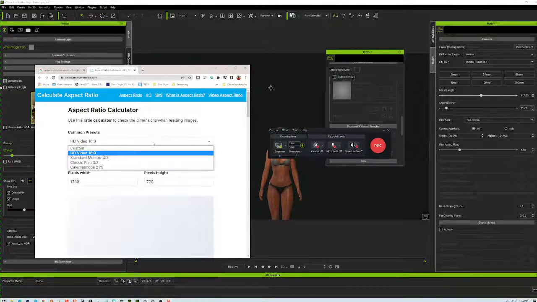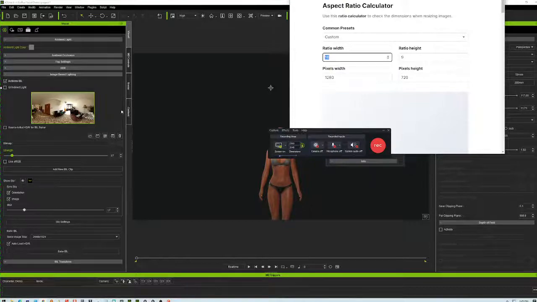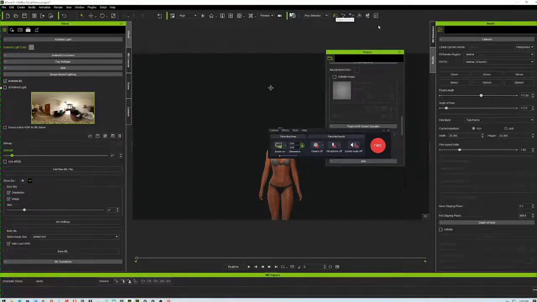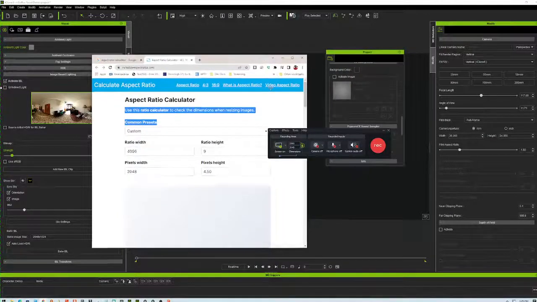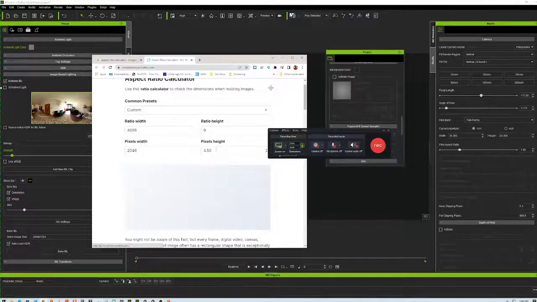So custom, and we're looking for 4096 by 2048. That's not helping. This is a bad calculator. It's giving me the aspect ratio, but that doesn't really